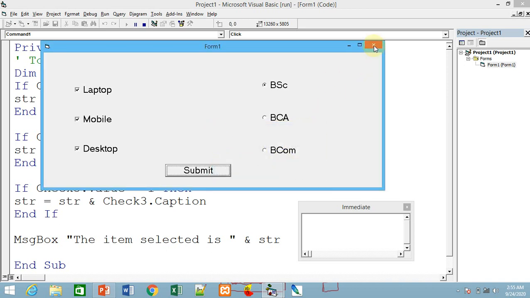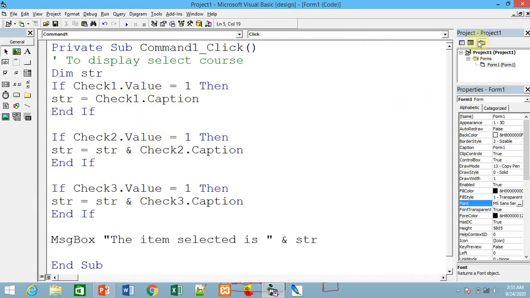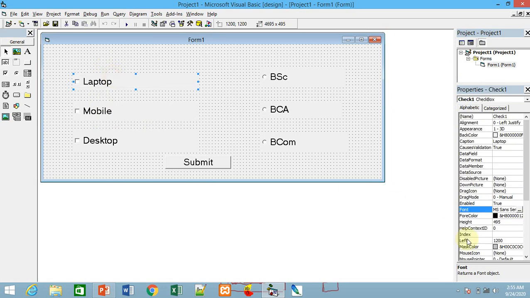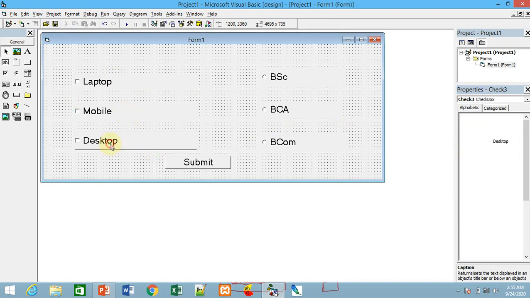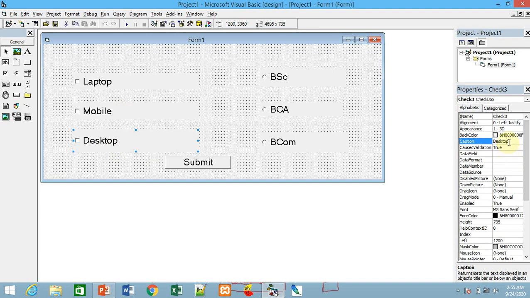You can put the gap here only, in the design itself. In the caption you can give one space for each and every one. This is very easy. In the caption, after desktop, after each one, please provide one space here.